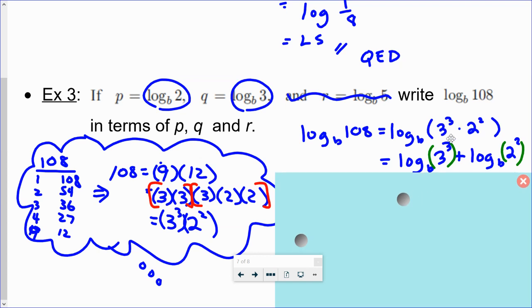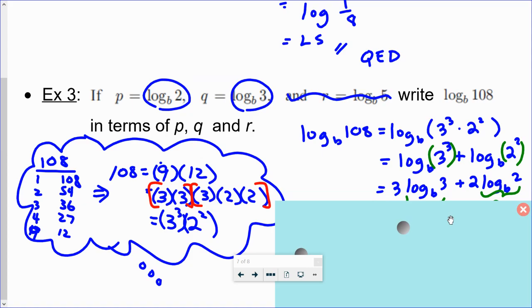Now, if I'm multiplying these together to get 108, I could also split the log and say log base b of 3 cubed plus log base b of 2 squared. I can drop